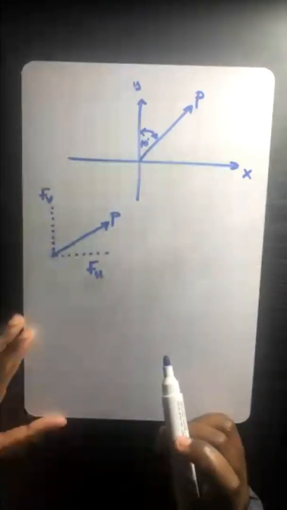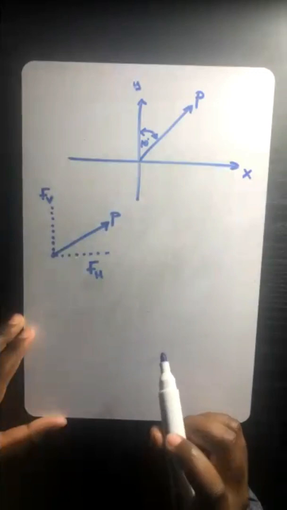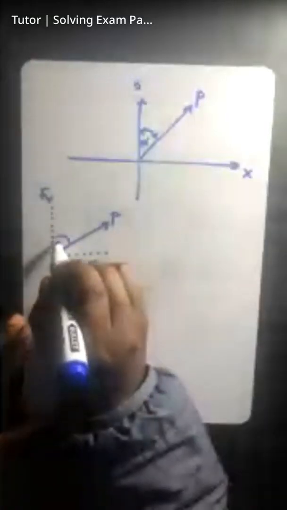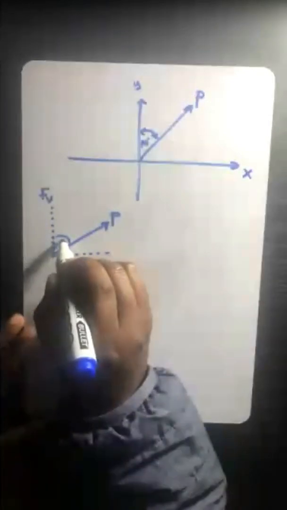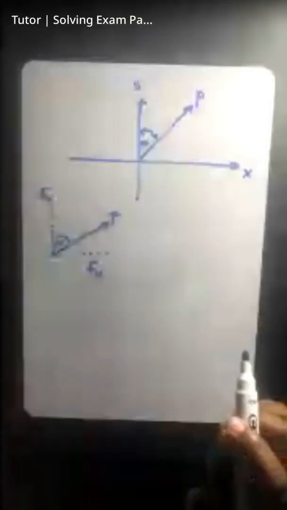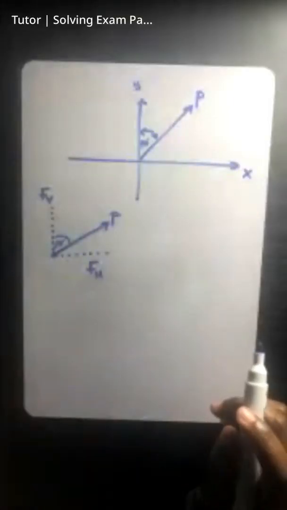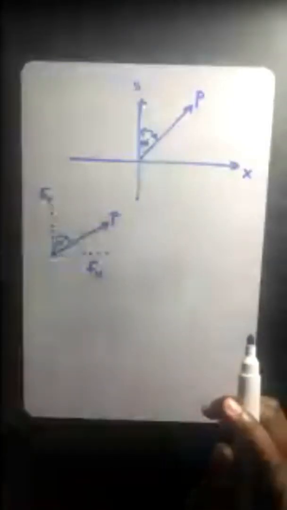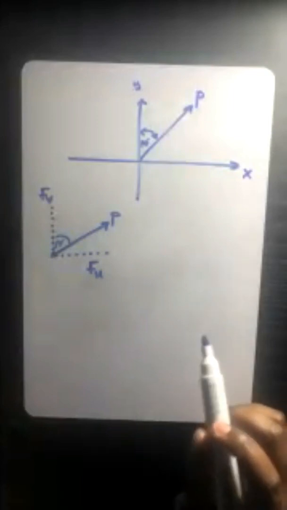Can you see, guys, the given angle is that angle over there, and it is 10 degrees. So what we need to do is form a right-angled triangle so that we can determine these vector